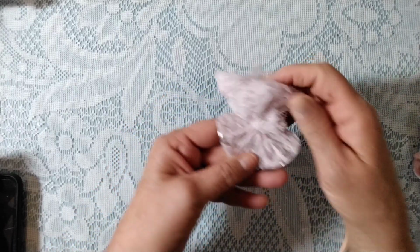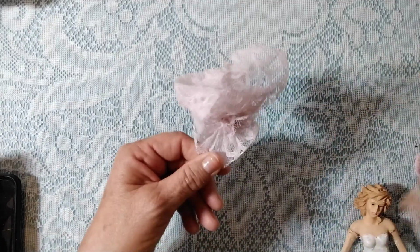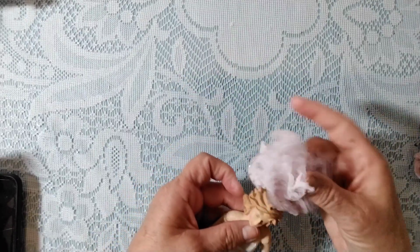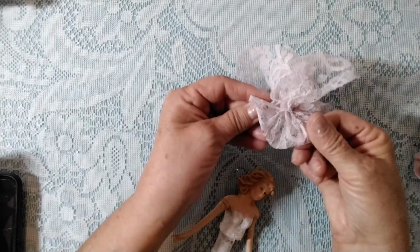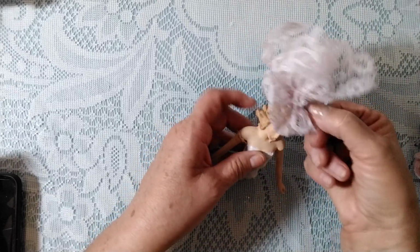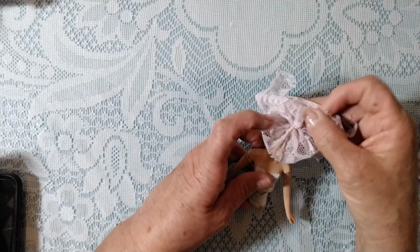Okay, so then you just shape it to the head. You can do it long or you can do it round. So what I'm going to do with her, I'm going to shape this down, where this hat comes down like that. I hope you can see. Okay, so then I would just glue that down. And then I would add my